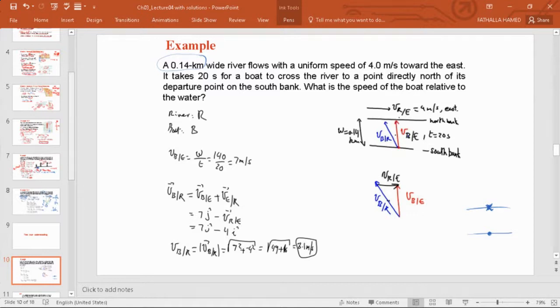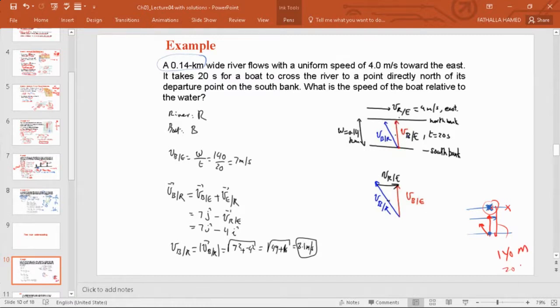But the water flows this way. So if the boat goes this way, it's not going to end up being here. It will end up somewhere here. For the boat to end up at this point, he has to start something like this in order to get here. And this question here, they tell you that from here to here is 140 meters, and it takes